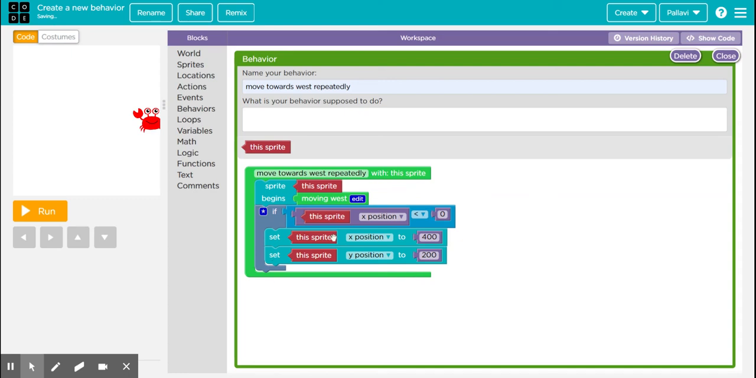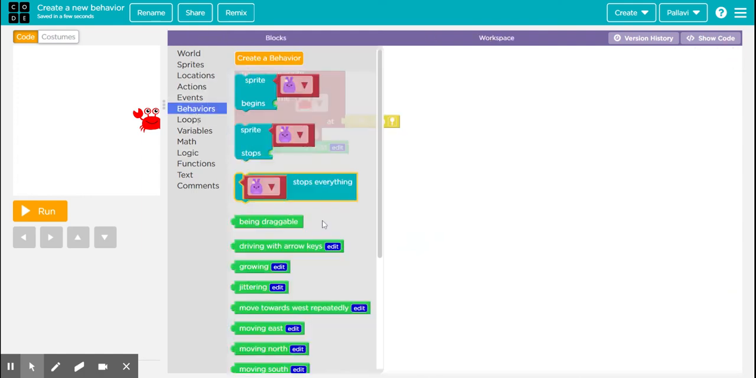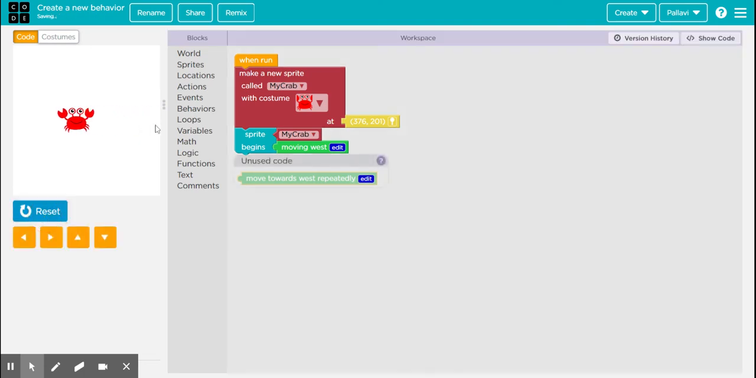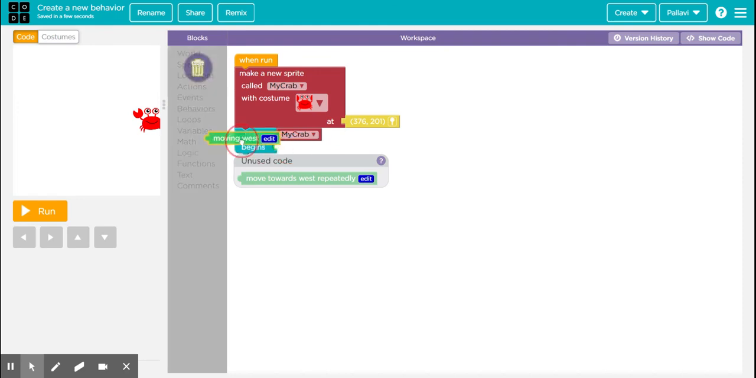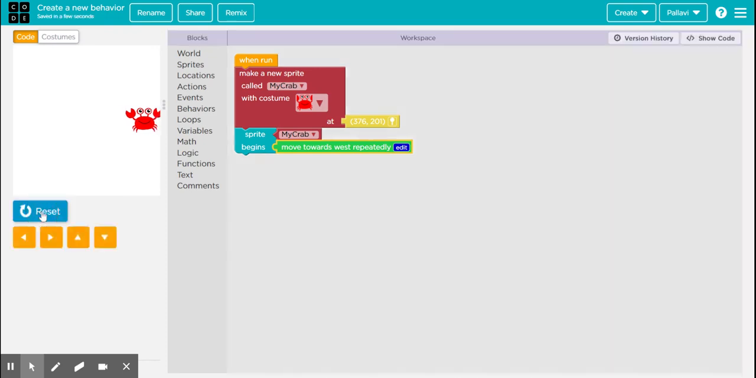Now, once you are done coding and deciding what the behavior is expected to do, you close and go to behaviors and you will find the newly created behavior block over here. Now, our earlier behavior moving west used to make the sprite move towards west, and after a while it used to go off screen. Now let's replace this behavior by the newly created behavior block and let's see what happens. Click on run